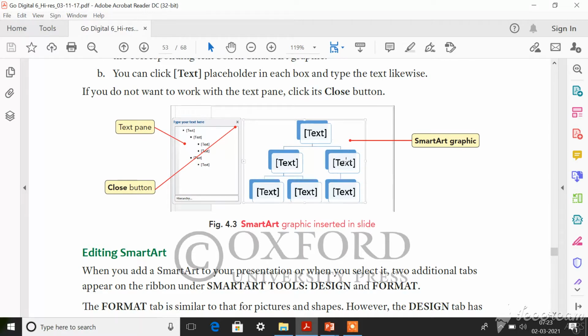Can you see this diagram? This is the hierarchy diagram. You have a name at the top, and from the name there are two more divisions, and another two divisions from each of those. This format is called a hierarchy. There is a main point, and from the main point there are sub points.